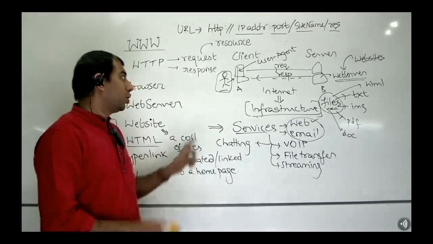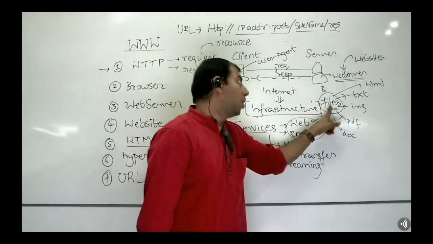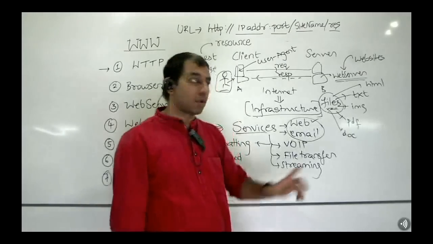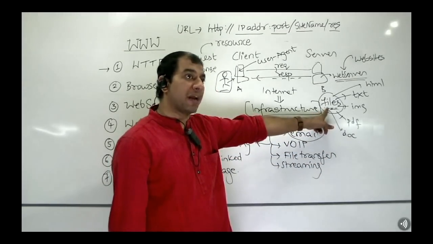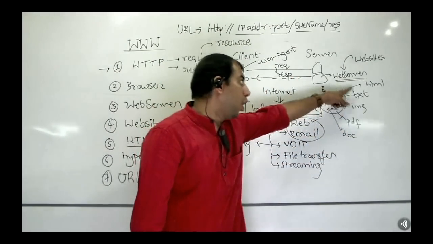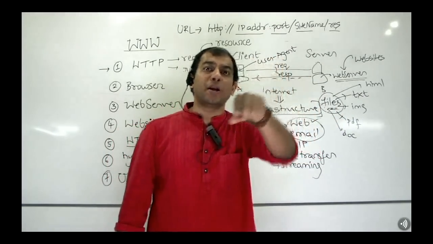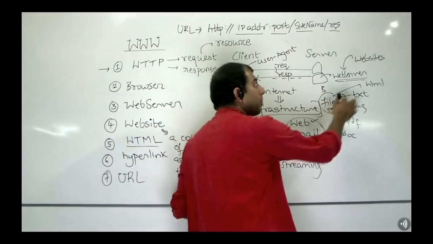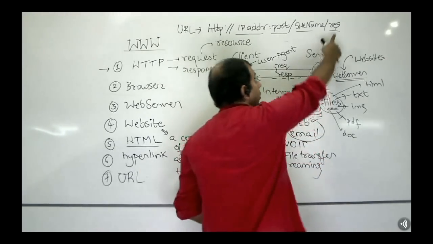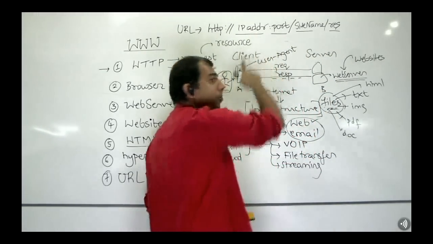Now, all this is fine. Tell me now, sitting on a client machine, can a user access all the files, provided he has access to that home page or not? Provided he gets access to that home page, it will contain hyperlinks to all the resources, so he can click on it and access all the files as well. But he can do that only when he accesses that home page. To access that home page, what should the user know? Website name, home page name, port number and IP address.